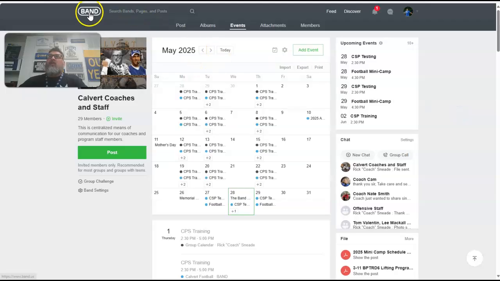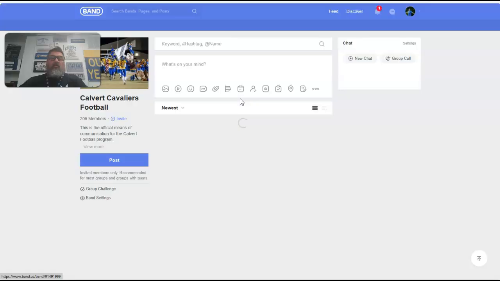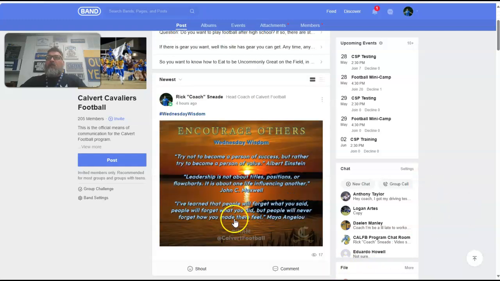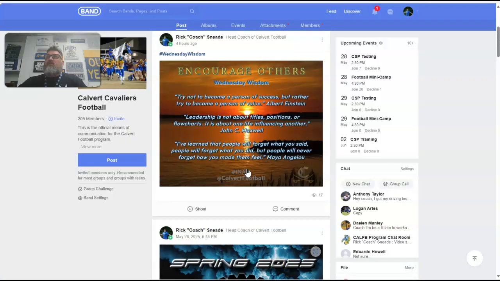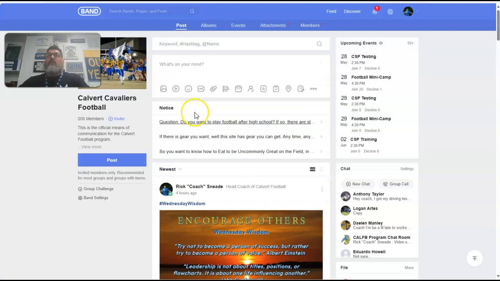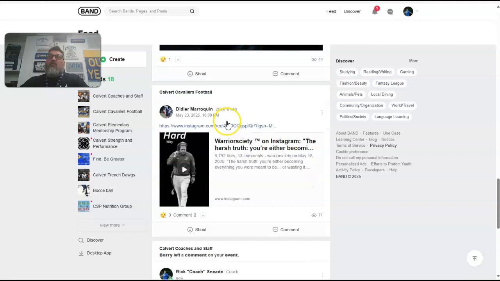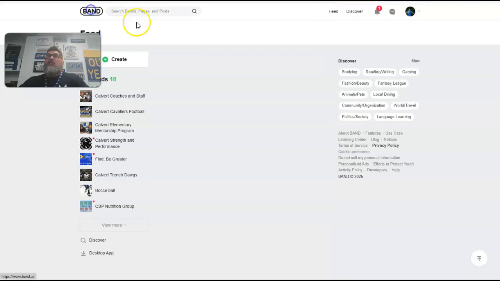I'm just going to back out of this, and I'm going to go to my band, and I'm going to go to the original band where the calendar starts, and that's Calvert Cavaliers football. So I click on here, and now it's the same picture, same image, except there's a different feed here. Obviously this is the stuff that I share on Calvert, the big football page, because this goes out to the parents, this goes out to the kids. They see all this stuff. You guys can see it too if you're on Calvert Cavaliers football page, or if you're actually using the feed function. If you have the feed function on, you click on that, it's going to give you all the feed of everything that's coming through on your band. So you're going to see all the stuff that's coming through. All right, let's go back to the band.